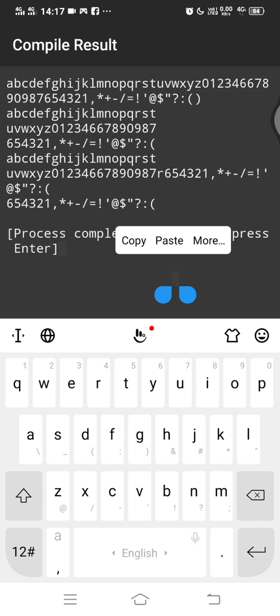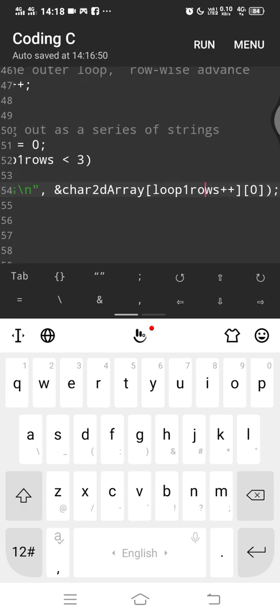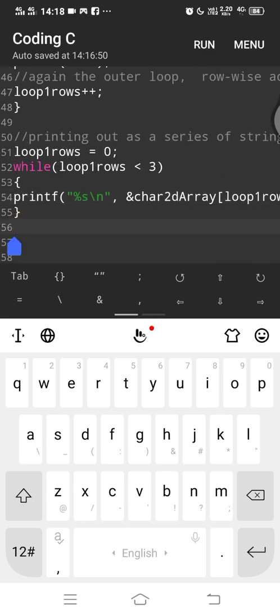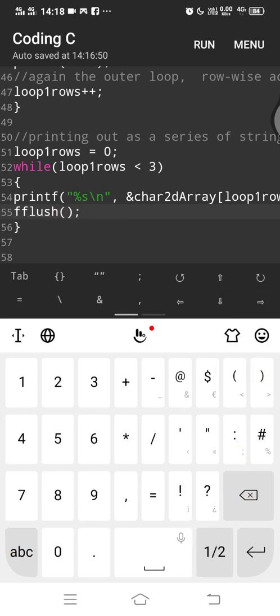Okay, it's still taking this together. I mean, it's taken the second line together, and it's okay. Let's just try to flush out whatever is in the pipeline before we start off again. So when we do printf, I want to just try something. I want to just flush out the standard output file. As you can imagine, if you remember from the very first days, standard output file is the file where the program keeps the values before they are printed out to the standard output. So let's just see